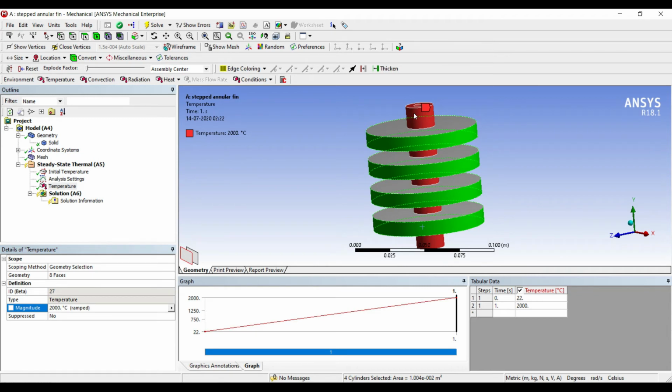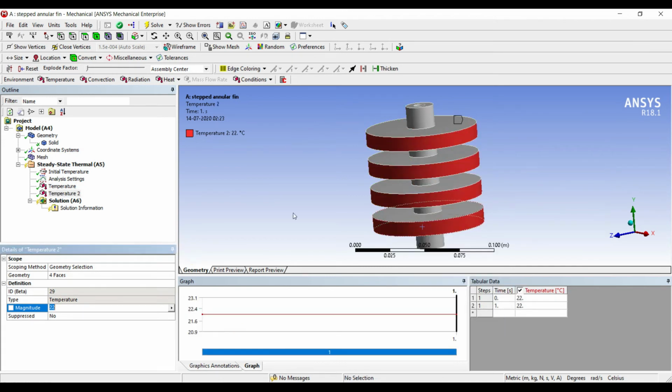as I've already explained, that annular fin is mainly used in environment where there is a solid and a fluid interaction, say in the case of heat exchangers. So the edges are going to be subjected to the ambience. So I am giving the boundary condition here. Right click, insert, temperature, say it is 27 degrees Celsius.